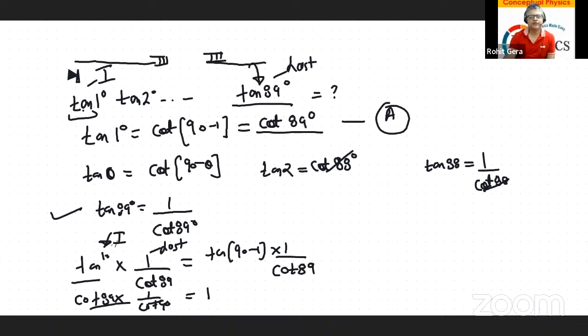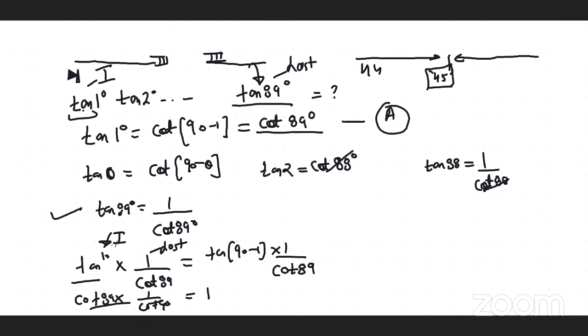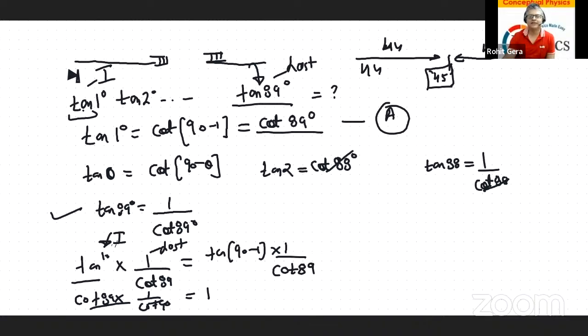So 44 from here and 44 from here. What will be the middle term? 44 from here and 44 from here will cancel. 88 will go away. What is left? 45।